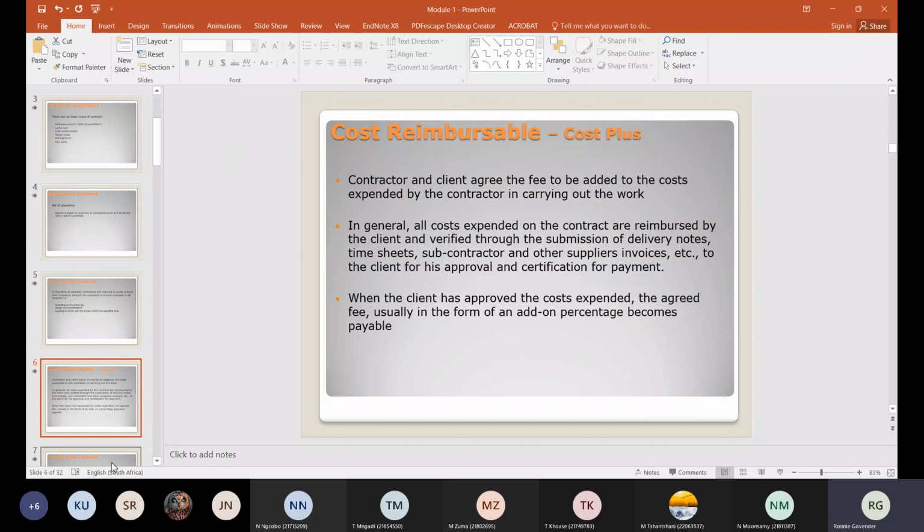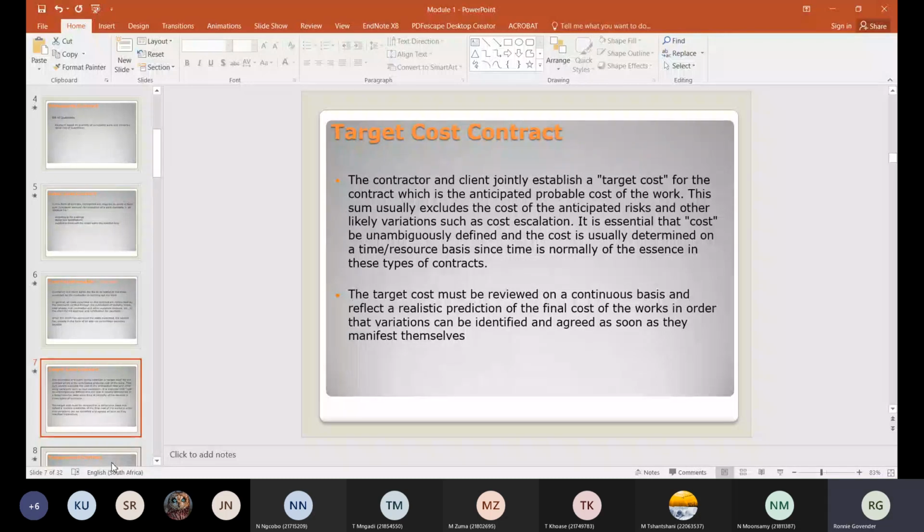Then you got the target cost contract. A target cost is where the client and the contractor would agree. They know that generally we got this house to build, and we know that the house is going to be completed in 3 months' time, and they would work out what the price of the materials is going to be in 3 months' time. But remember, today it might be cheaper. 3 months' time, when you're going to actually start or finish the job, it's going to be a lot more expensive. That's why target cost, and then you decide on a profit as well on that.